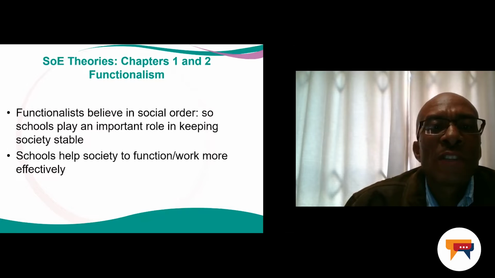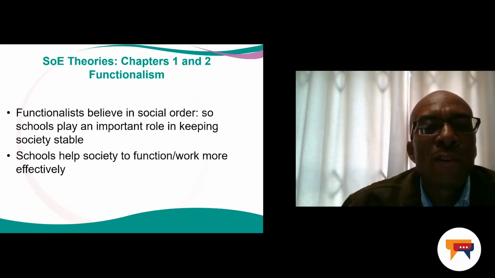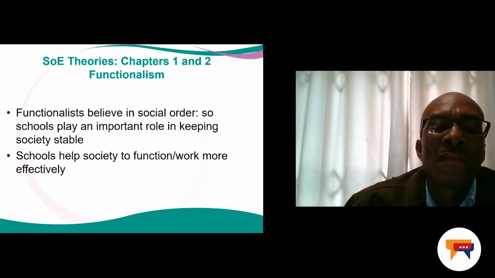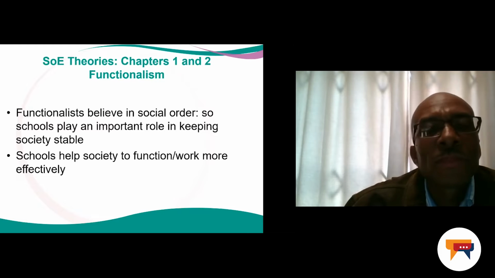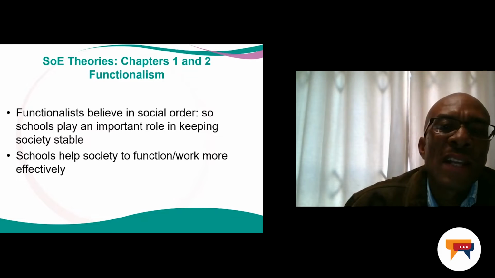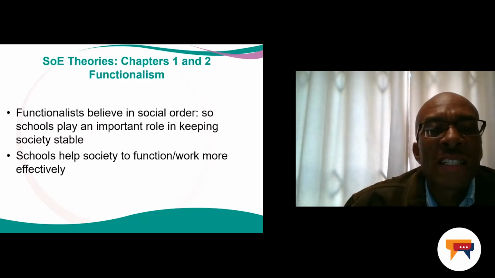The sociology of education theories are as follows, as outlined in chapter 1 and 2 of your prescribed textbook. First and foremost, let's have a look at the first theory of functionalism. In this theory of functionalism, functionalists believe in social order. Therefore, schools play an integral role in keeping the society stable. Schools also help society to function